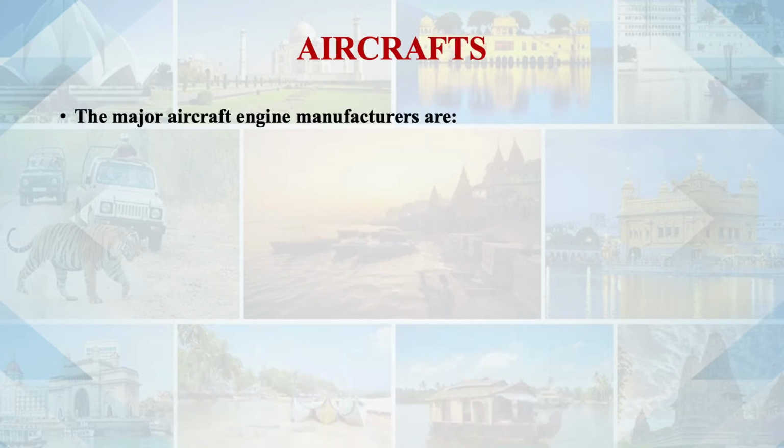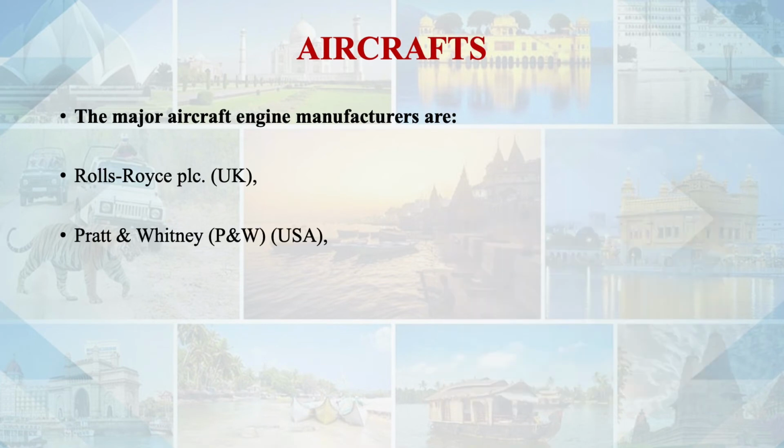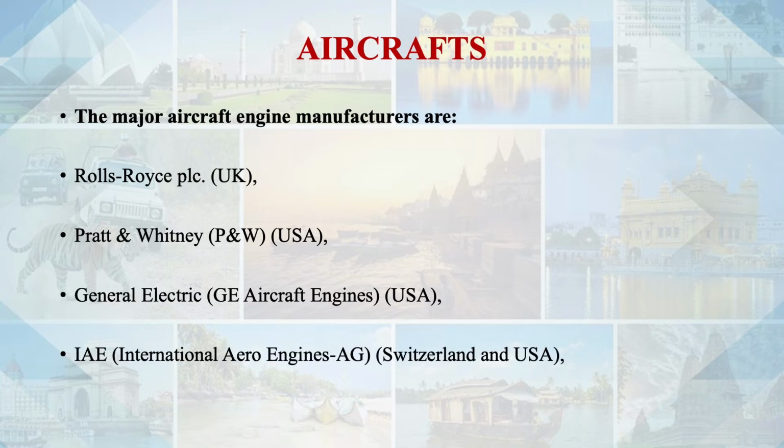But even if aircraft manufacturers are there, engines for the aircraft are manufactured by other companies. Some examples of engine manufacturing companies are Rolls-Royce, a UK company, Pratt & Whitney, a USA company, General Electric GE Aircraft Engines, another company from the USA, IAE, International Aero Engines, from Switzerland and partly from the USA as well, and Rolls-Royce Engine Controls Limited, another company from the UK. These are the major aircraft